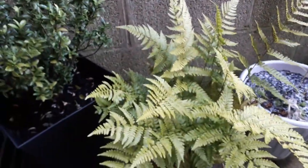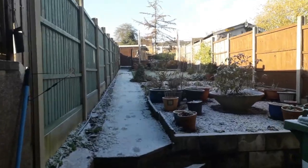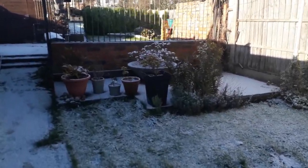It's a very cold morning. These plants outside are looking alright, but then again, ferns are really cold hardy, and they don't mind being here with a bit of shade. But it's certainly a cold morning. We've had a bit of snow as well. It's just been really cold for the last couple of days, so